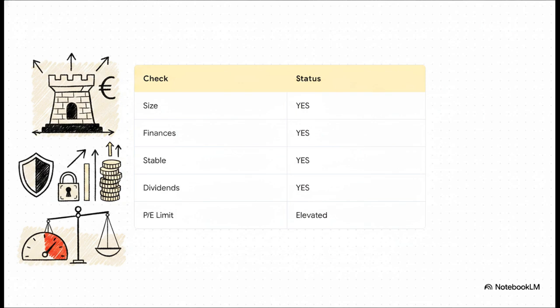Adequate size? Obviously, 12.6 billion euros in one quarter. Strong finances? Check. Earning stability and a long dividend history? Yes, absolutely. It passes almost every single qualitative check, but it's probably going to fail on his incredibly strict historical price-to-earnings and